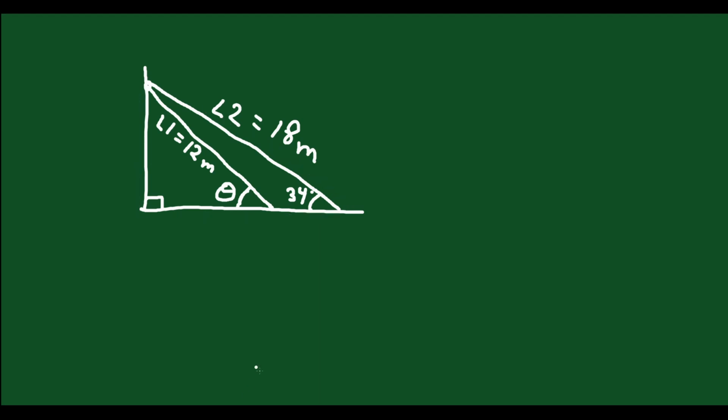The hypotenuse is 18 meters, right? 18 meters. And we know this angle is 34 degrees. And so with those pieces of information, we can find the height, right? Using sine, I'll say sine of 34 degrees is equal to opposite, which is the height of the wall, so